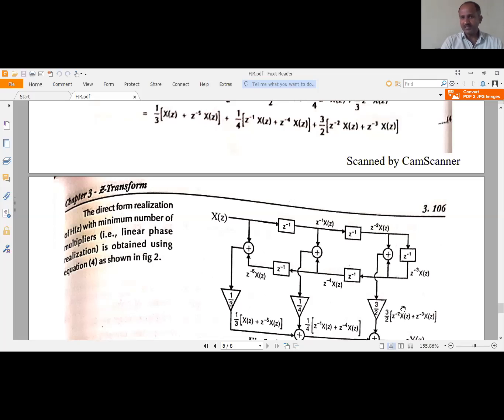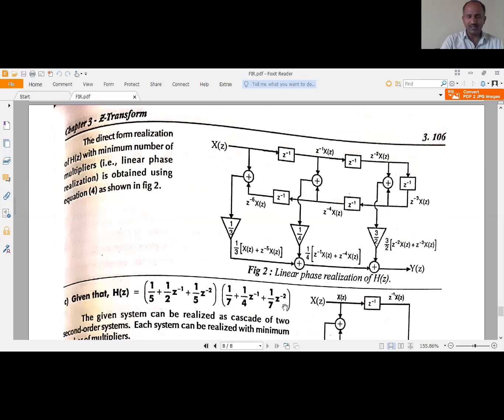There will be a separate z power minus 1 here because we have used 5 delay elements. Earlier we have used 4 delay elements, so this one was not required earlier. So here 5 delay elements are used. Suppose 7 delay elements have been used, it means here 2 delay elements, here 2 delay elements, here 2 delay elements, and in the center 1 delay element should be there. And the third,